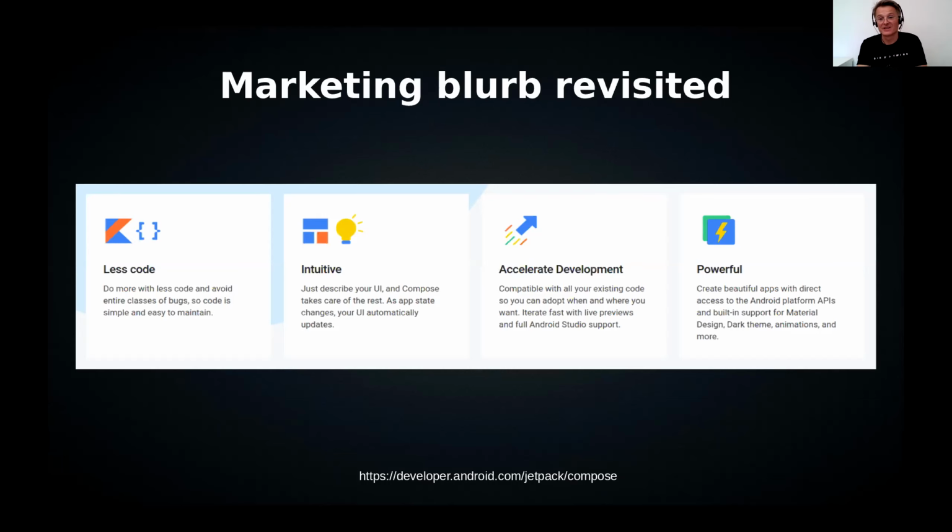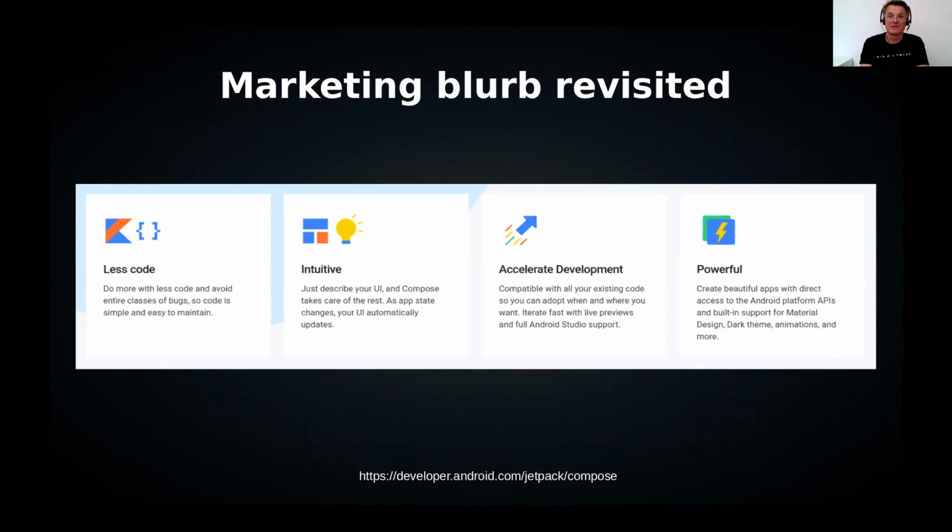Will it accelerate development? I think that's the area where they actually have the most work left to do. The tooling really needs to improve, and the integration with these other Jetpack libraries has to be there to really accelerate our development. And is it powerful? I think it already is powerful.